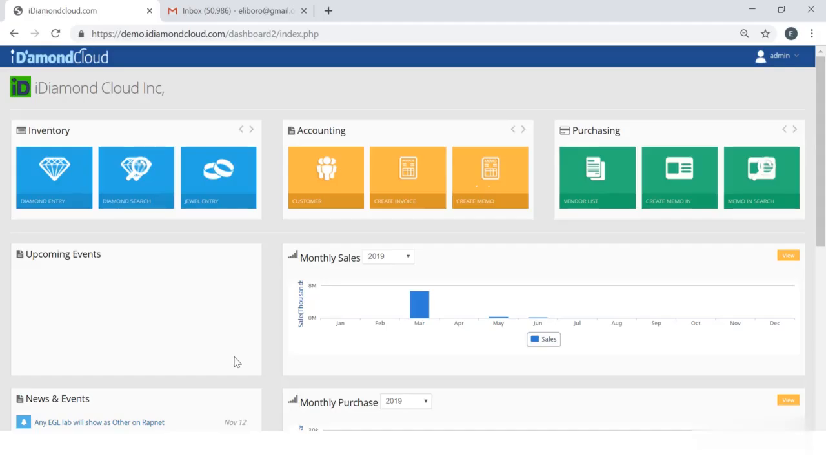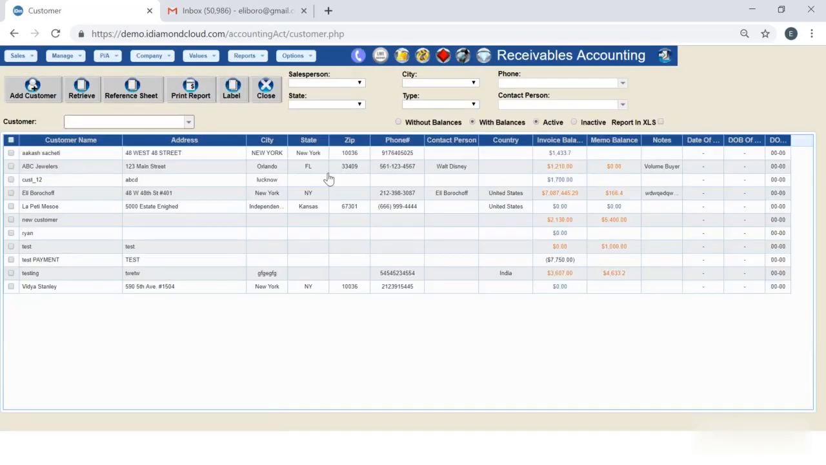Adding customer. Off the dashboard, you go into the customer section here, and you see customers that you've already entered. Here you can see a list of the customers, and you can see their invoice balances, their memo balances, notes, etc. To add a new customer, click on Add Customer,